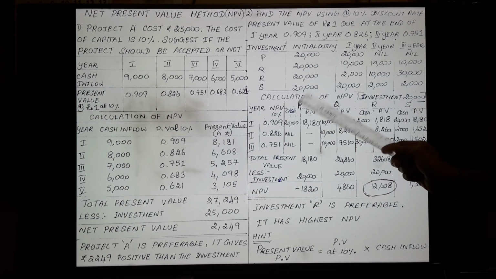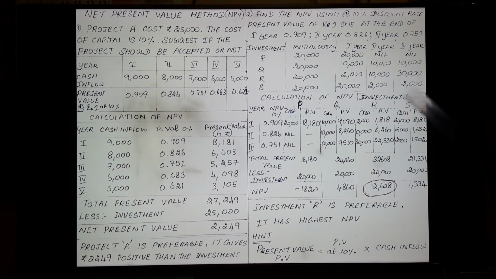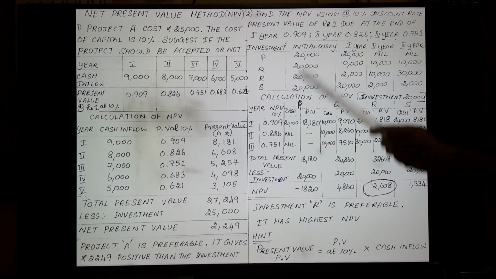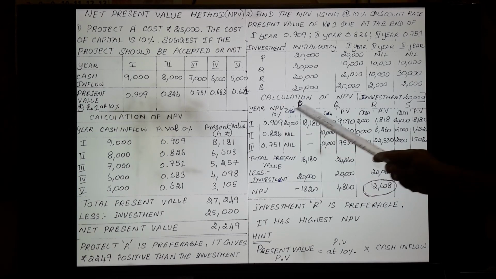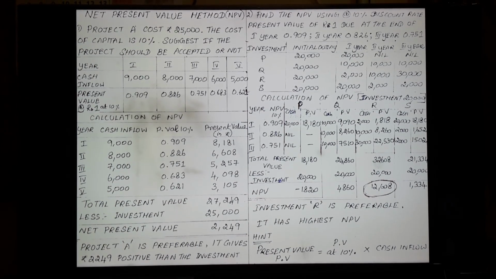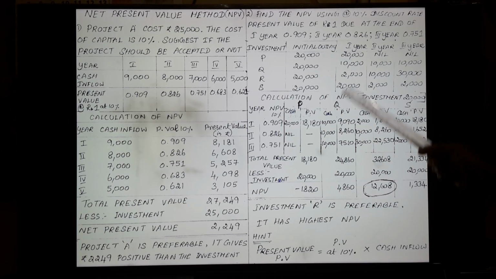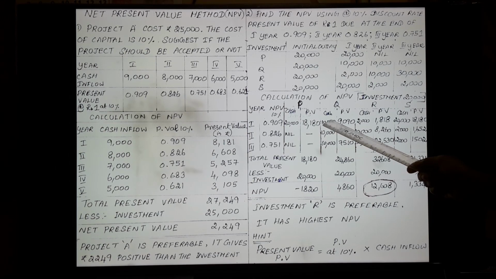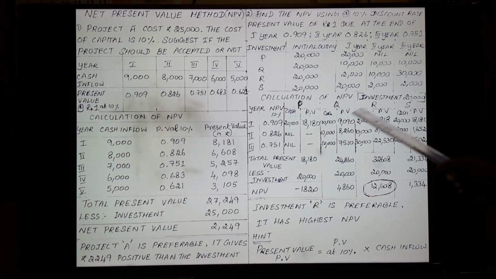Now, you open 4 columns, wherein inside column P, what do you write? The cash inflow is 20,000. So what is the present value? 20,000 into 0.909, you get 18,180. And what is for Q? For Q, the cash inflow for the first year is 10,000. Like this way you take: 20,000, 10,000, 2,000 and 20,000. It is multiplied by 0.909. You get these amounts: 9,090, 1,818, 18,180.